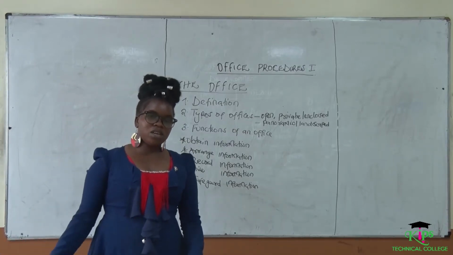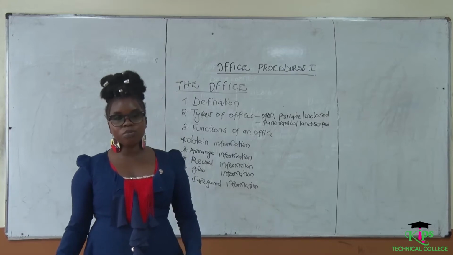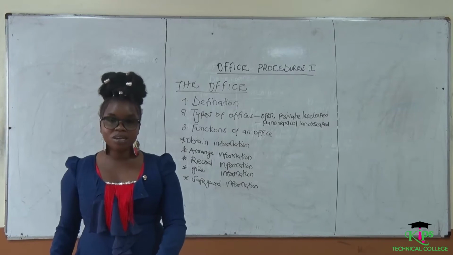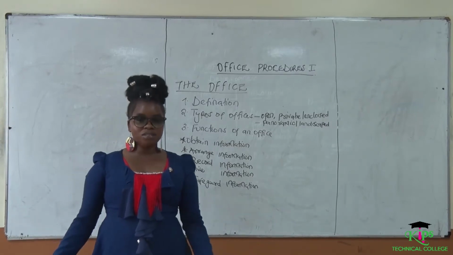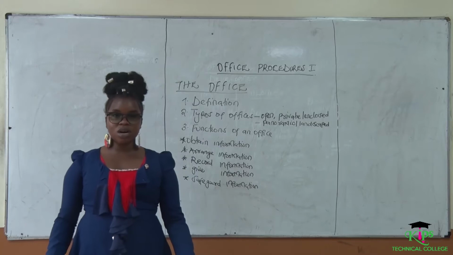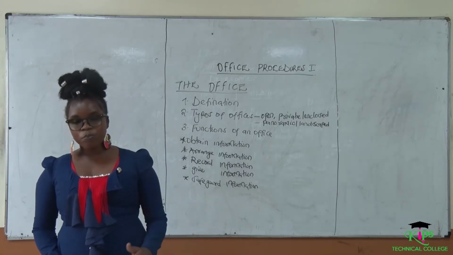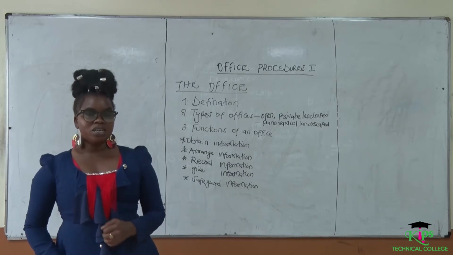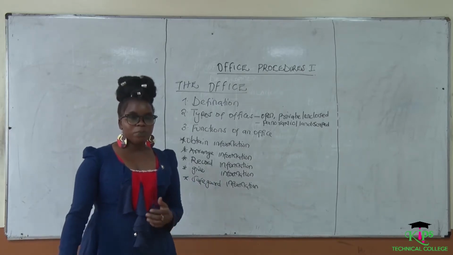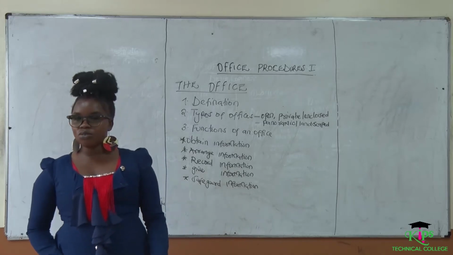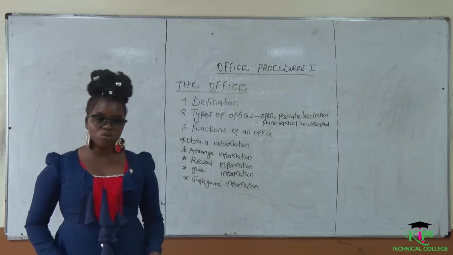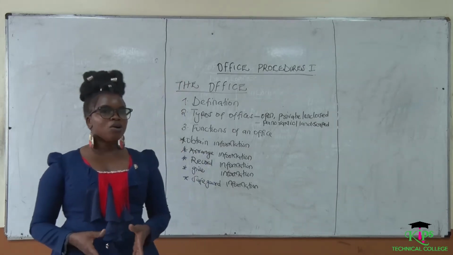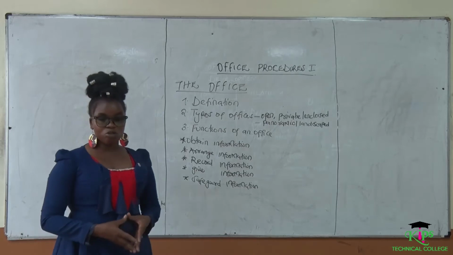By the end of the day, it is also an important unit because there is an area of what we call wages and salaries. On the area of wages and salaries, we'll be learning how to calculate how people are being paid in an organization, because there is a difference between a wage and a salary. With salary, people are paid at the end of the month according to the agreement with the employer, while with wages, you can be paid on a daily basis, weekly basis, hourly basis, or according to the agreement which you have made with your employer.